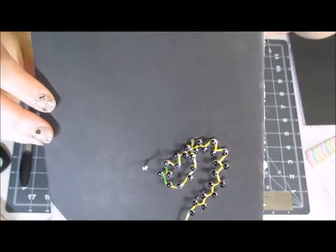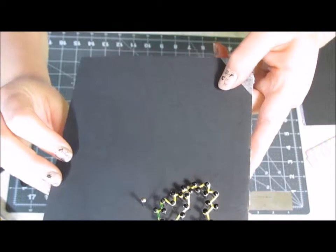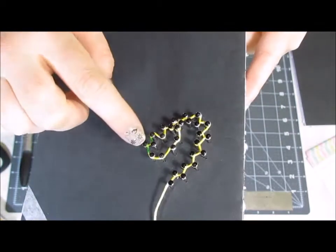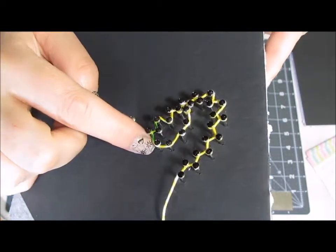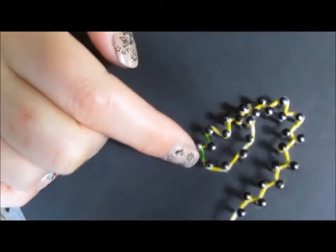There. I don't know, it just stood out more and made it harder to see the string. So you can see a little bit of green here. I'm going to try and focus in. There's a little bit of green there, and what I did was, the string that I'm using is from the